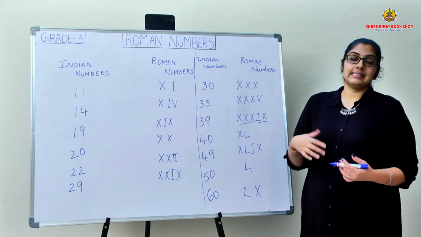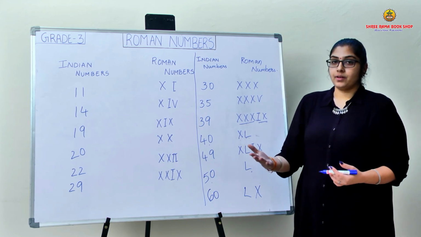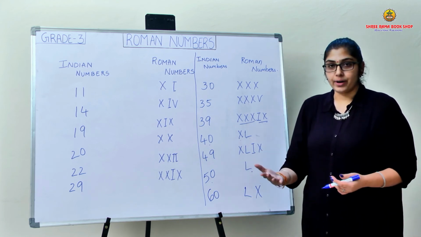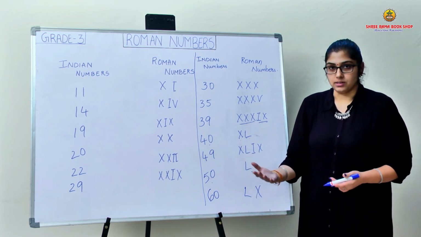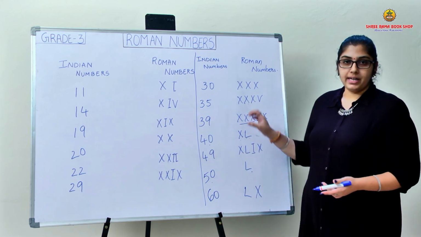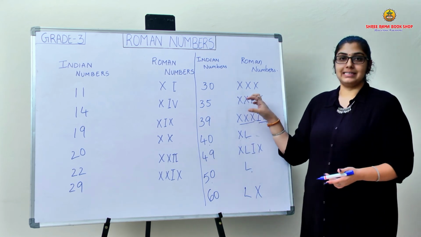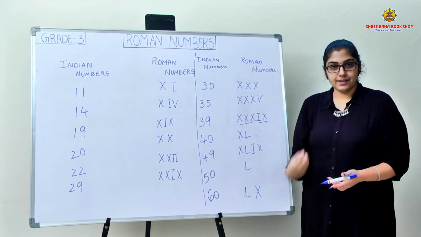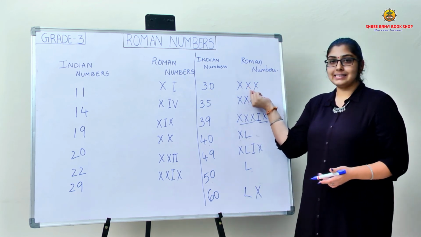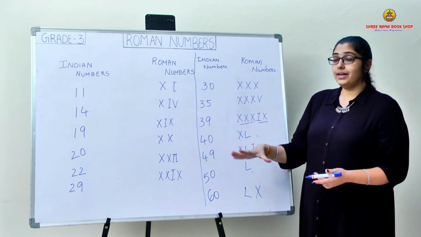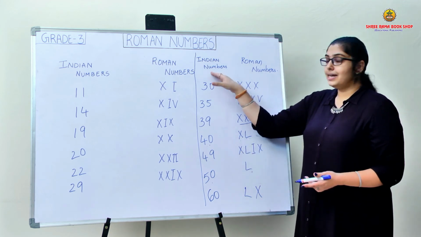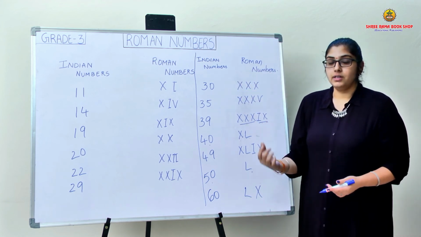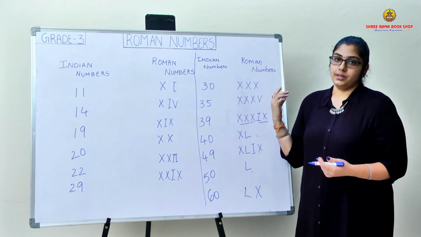You already learned the symbols like D, which represents 500, C, which represents 100, and M, which represents 1000. Out of all the combinations, when we combine the symbols, we get the respective numbers. We need to use the rules which we have studied, and we can combine the symbols using those rules to write different Indian numbers. So now you can have the chart value over here.